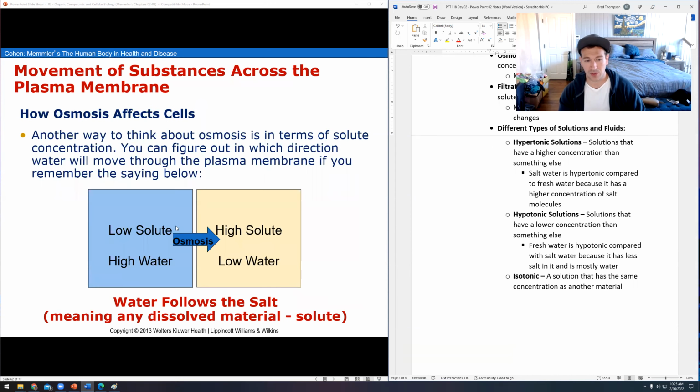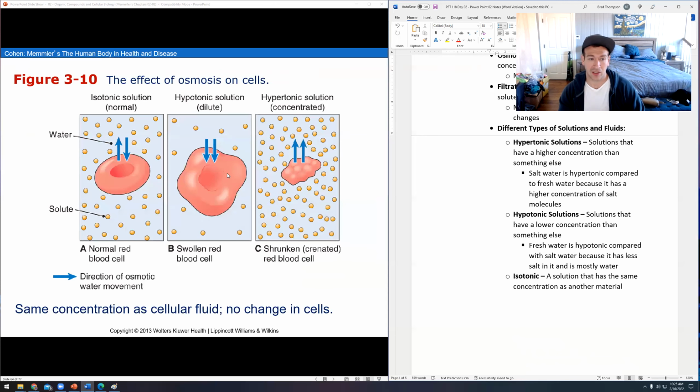So if this was a red blood cell here on the left, and this is just the water, your extracellular fluid, which is now salt water, what will happen is your cells will donate their water, and it'll look like this. If you drop a red blood cell in salt water, all of the water inside that red blood cell will get sucked out of it naturally due to osmosis. And so it'll try to push all these salt particles away from each other. And exactly the opposite is true as well.